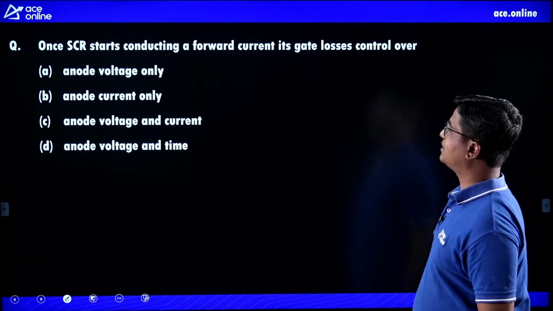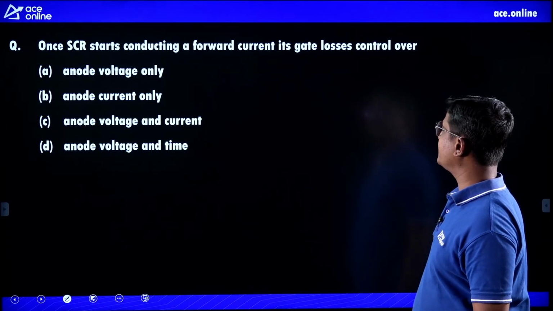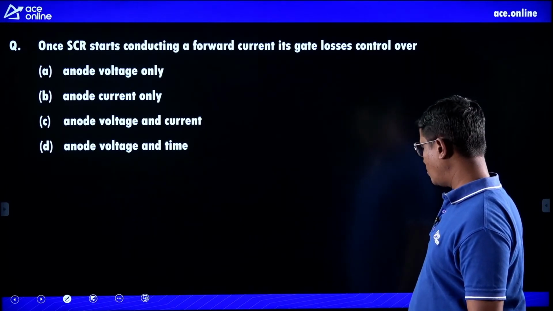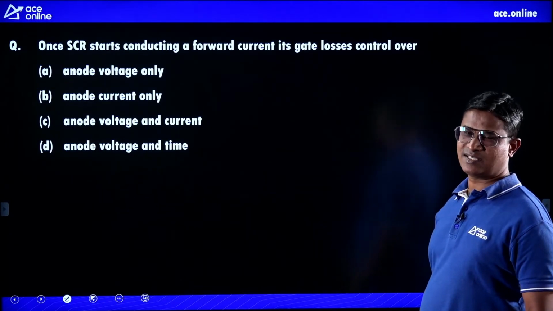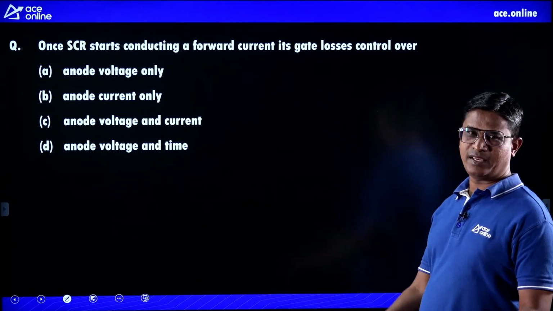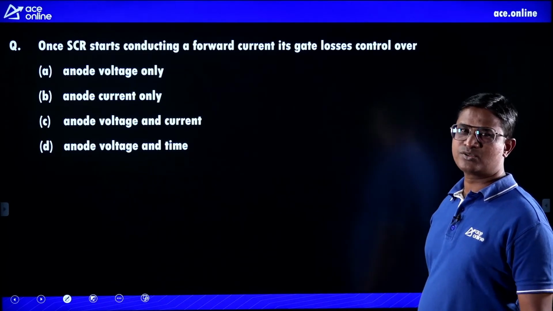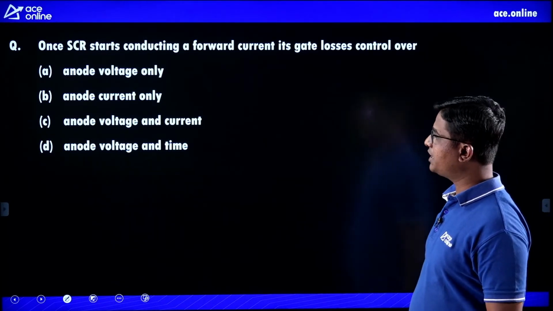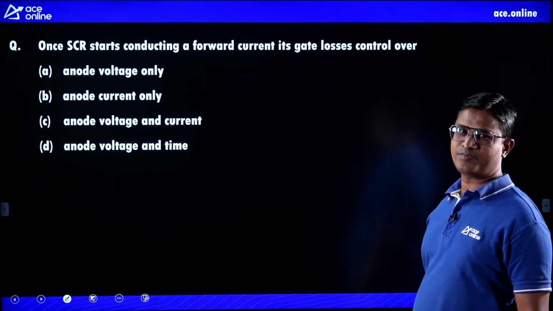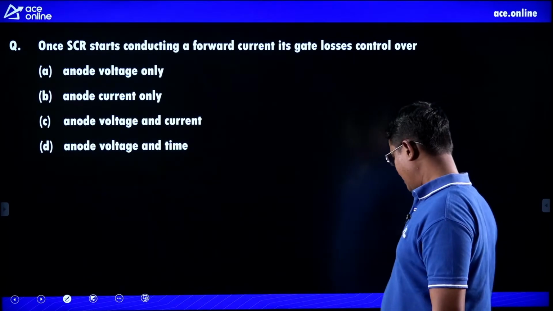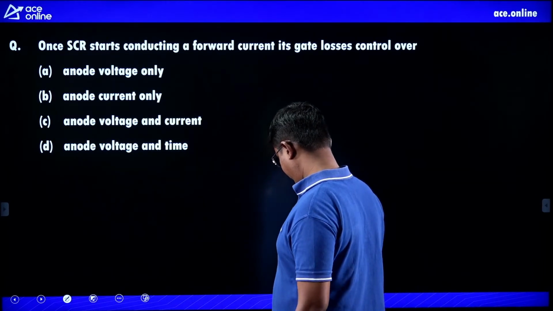Once SCR starts conducting a forward current, its gate loses control over. It means once SCR is in conduction mode, my gate current will lose control over anode voltage, anode current, or time. Can anyone answer? Once SCR is in on state, then